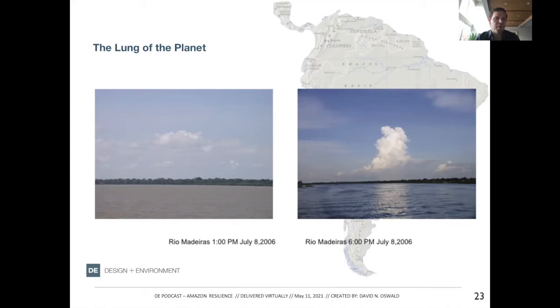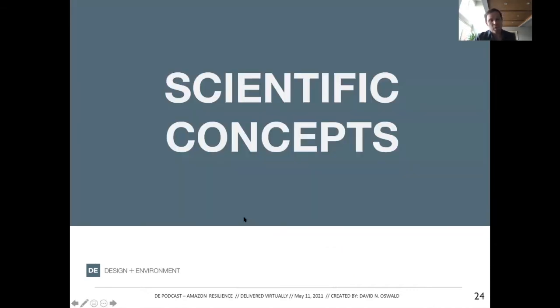It's water vapor that has been evapotranspirated from the forest into the lower level of the atmosphere. And sure enough, what happens later as it starts to cool off, we get torrential downpours of rain, and I've been caught in them before. Okay, so